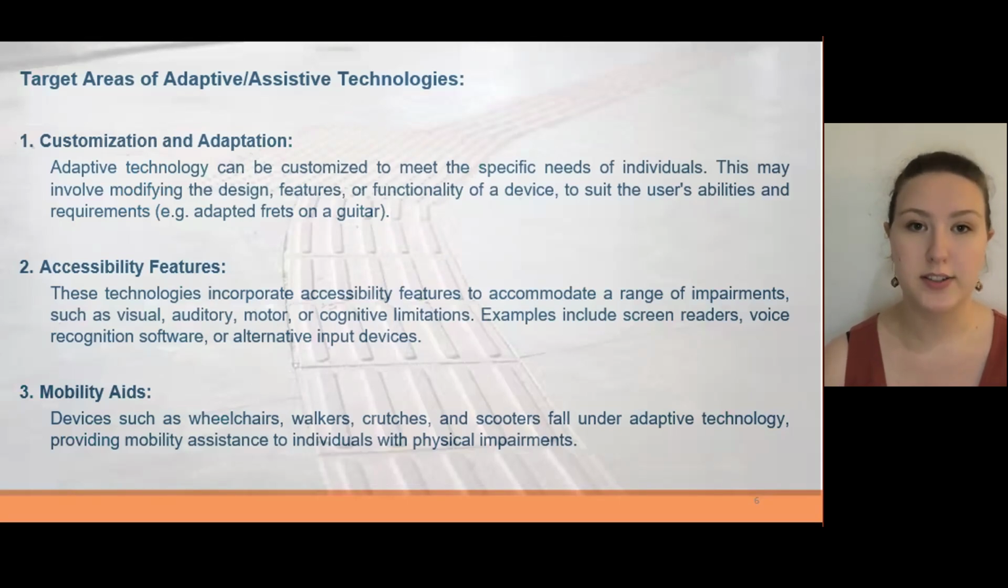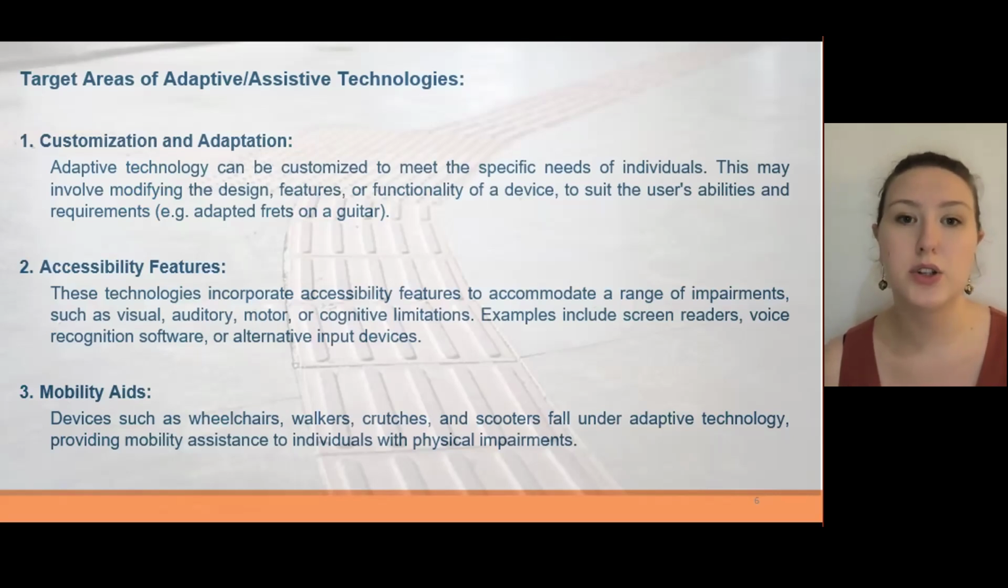What are the target areas of adaptive and assistive technologies? First of all, customization and adaptation. Adaptive technology is customizable to meet specific needs of individuals. This may involve modifying the design, the features, or even the functionality of other devices and coursework materials to suit the user's abilities and requirements. A small example can be adaptive frets on a guitar for a student with limited hand mobility. 2,